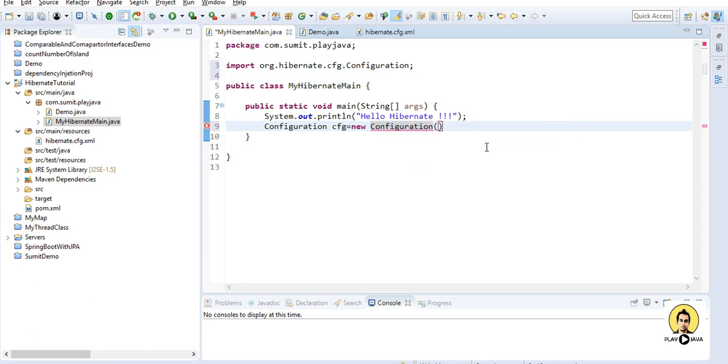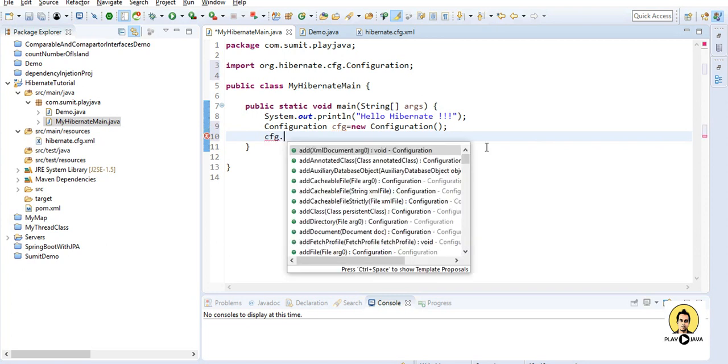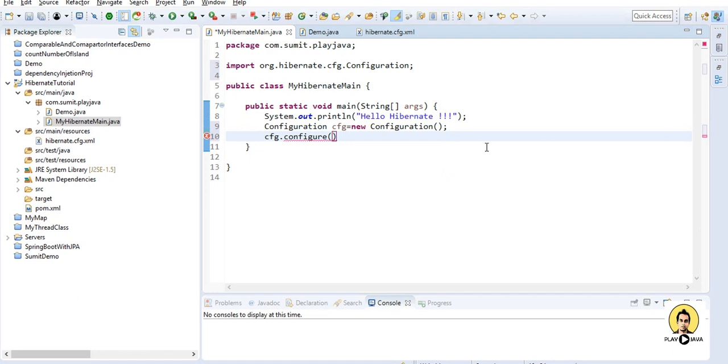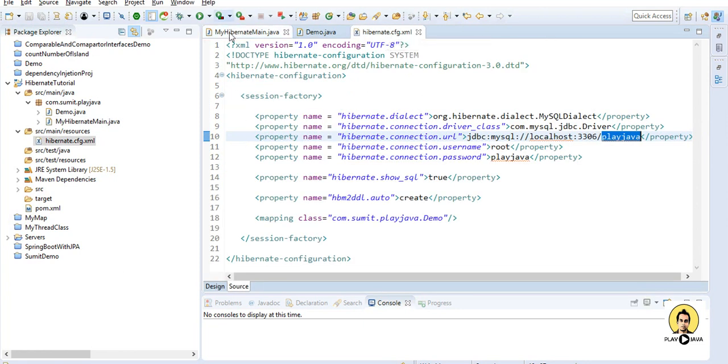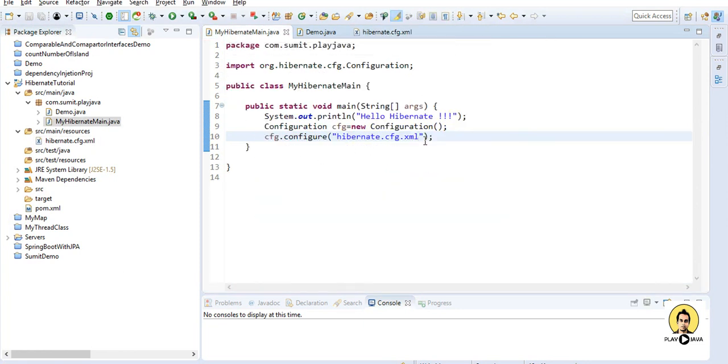Through this configuration we will pick the file, cfg.configure, and in configure we will provide the name of the XML file, that is hibernate.cfg.xml, the file name of this file. So it will create a configuration according to this cfg.xml file.